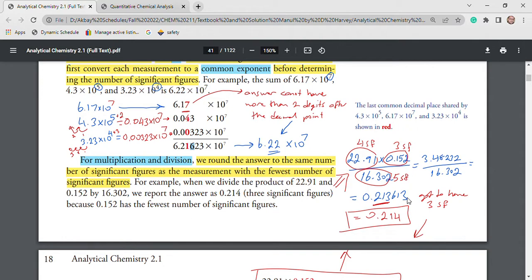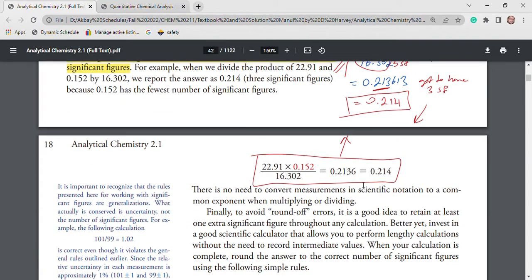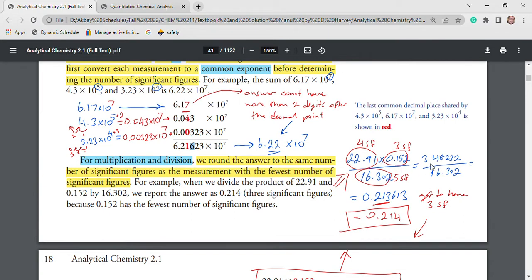However, before we get to the last step, we want to keep 1 or 2 additional uncertain numbers so that we don't come up with an error because of rounding off the number. So that's why here, when you multiply those two, you get 3.48232. That is fine, because the calculation is not over yet. Ideally, if you stop there, if you're just doing that multiplication, then you will have to keep